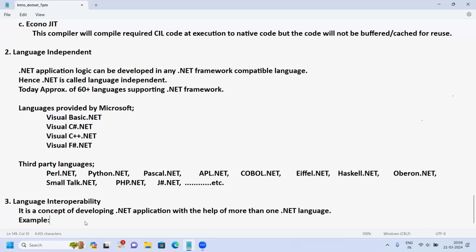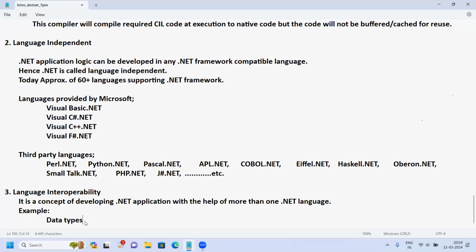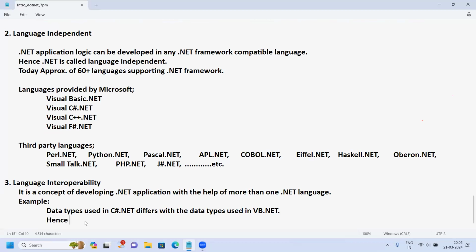Example, I'll give the example part. Data types used in C#.NET differ from the data types used in VB.NET. Hence, when applications of these languages need to be executed together, then the problem will be solved